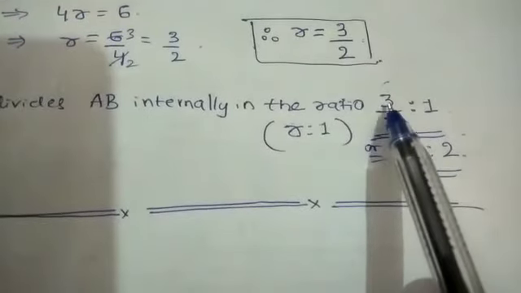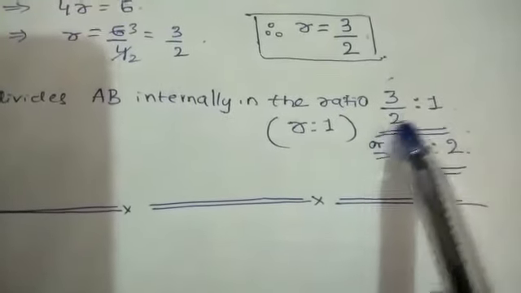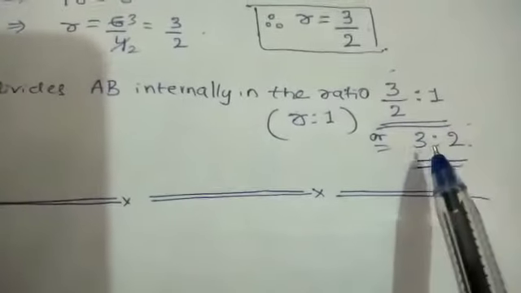Either you may write it by cross multiplying by 2, so we get 3 is to